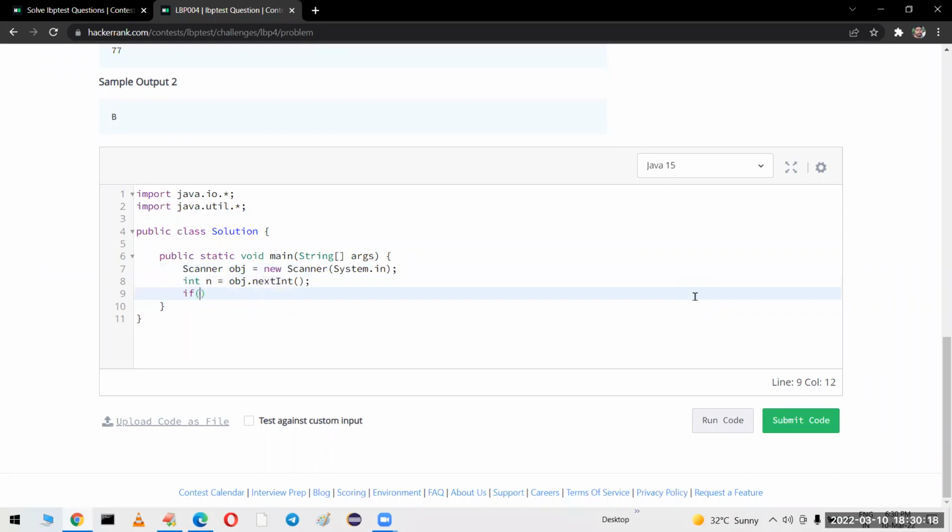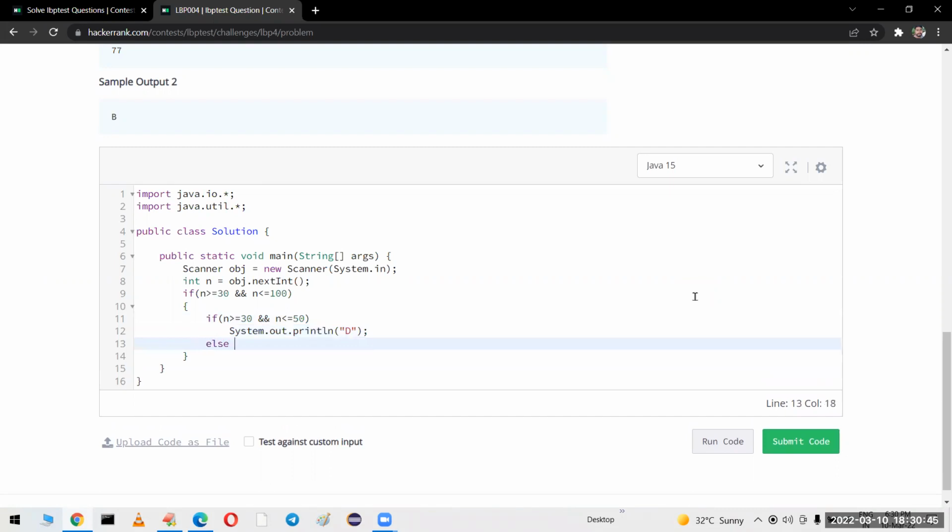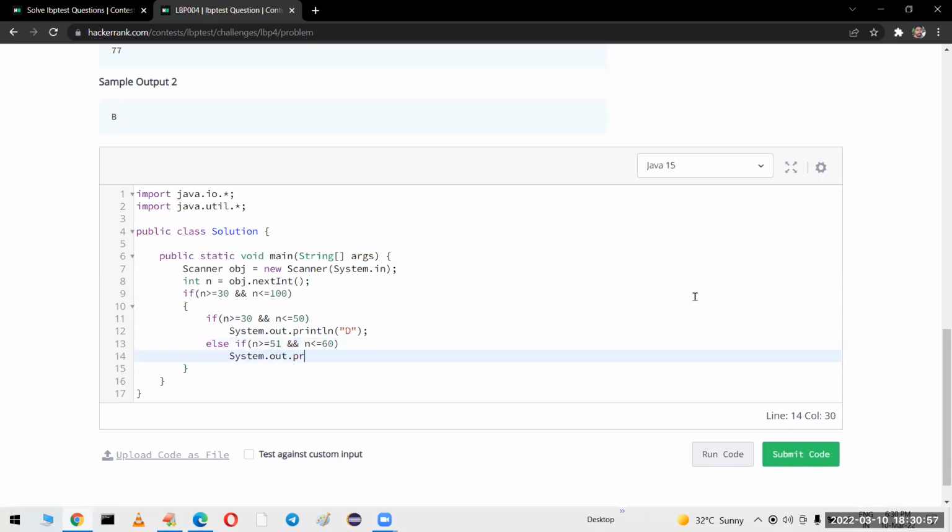Next, I am verifying whether the value of n is greater than or equal to 30 and less than or equal to 100 or not. If yes, when the value of n is greater than or equal to 30 and less than or equal to 50, I want to print the message saying D grade. Else, if n is greater than or equal to 51 and less than or equal to 60, then I want to print the message saying C grade.